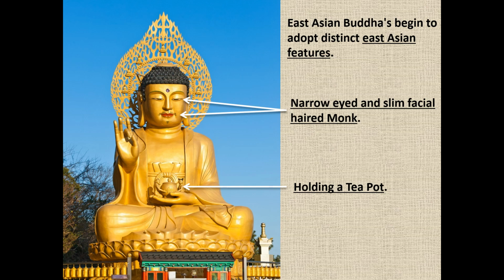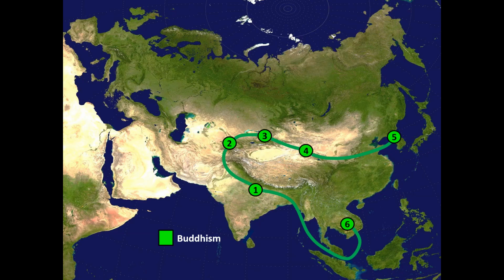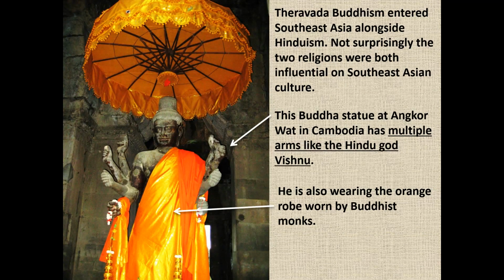Here's another example of more Asian features as Buddhism spread towards East Asia. We see a teapot here because, again, tea originates in China. Buddhism also spread as far as Korea and Japan and all the way back down to Southeast Asia in Vietnam. Buddhism and Hinduism also traveled to Southeast Asia, where they were kind of combined, or synchronized. For example, we see Buddha here being presented with multiple arms, like the Hindu god Vishnu. And eventually, over time, Buddha actually becomes a god in the Hindu religion as well.